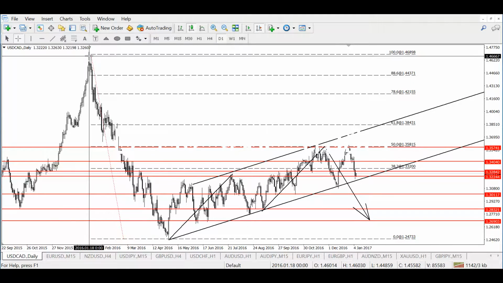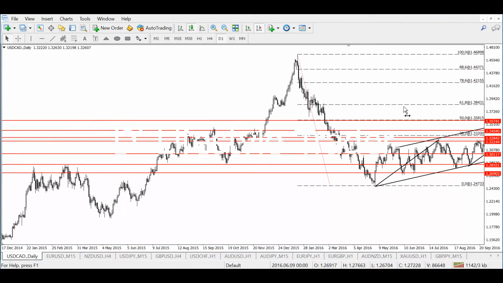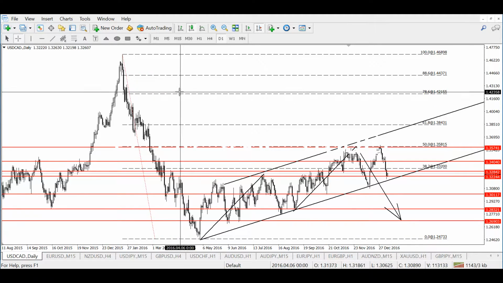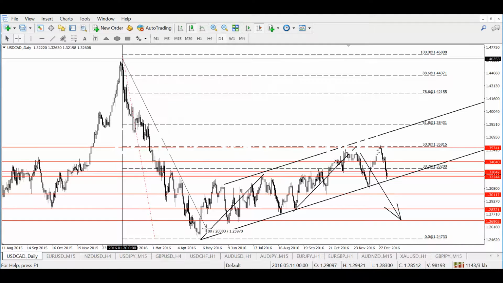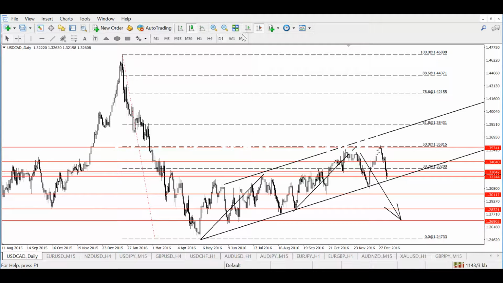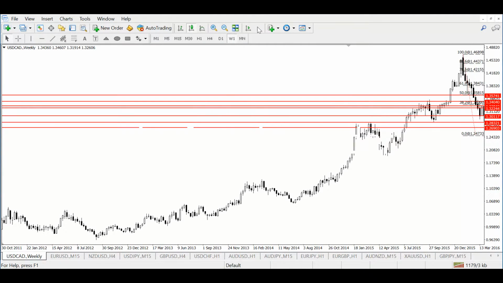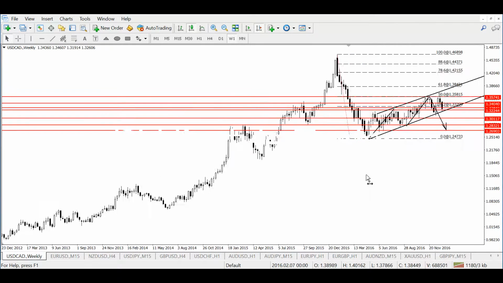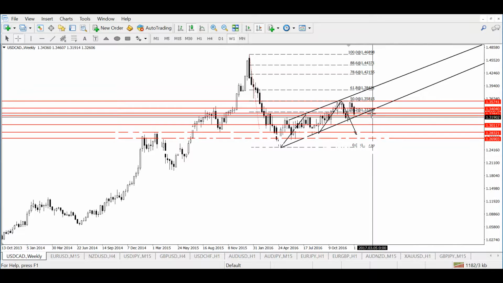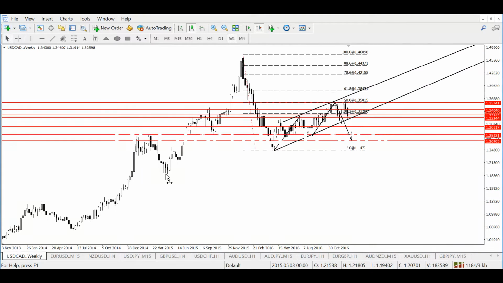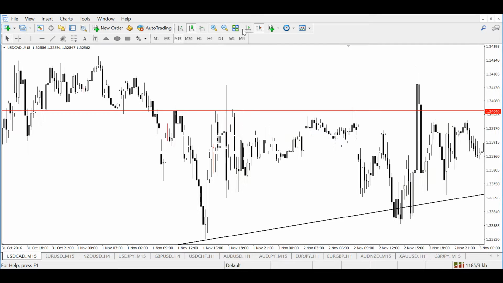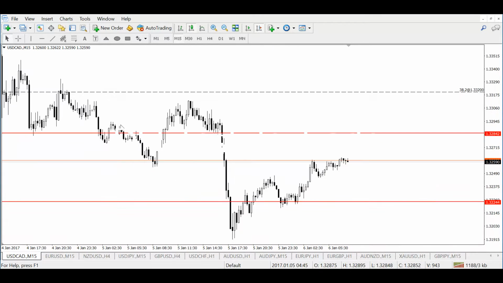So we could expect something like this as well, but I'm not very sure of what's going to happen. I mean, whether it's going to fall as much as it did previously, which I don't think so. But if you look at the weekly charts, it is actually quite possible because it is pretty much a straight trend, and there's so much more for the dollar to depreciate against the Canadian dollar if you look at the whole picture itself. So that is a likelihood. But whatever it is, the price is moving on the downtrend. The retracement channel has been completed, and based on the previous trend itself, we can expect that the price will continue